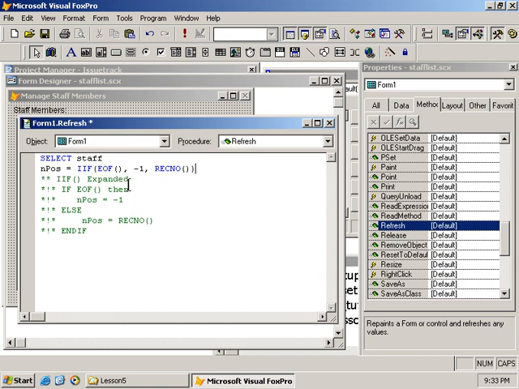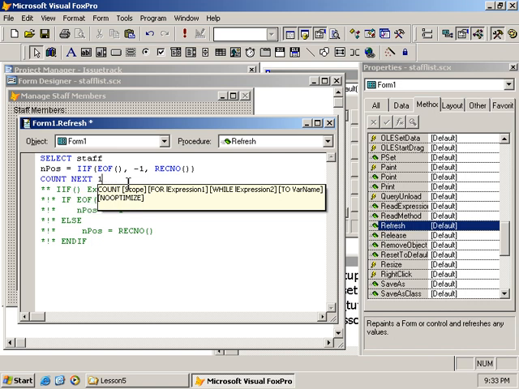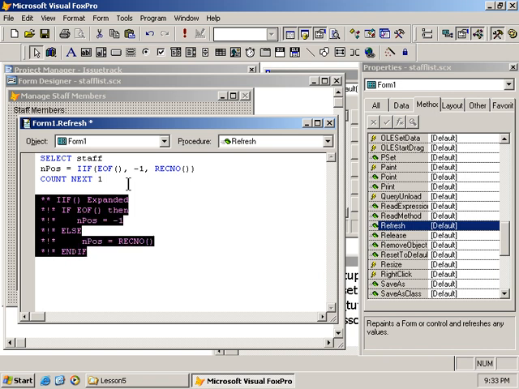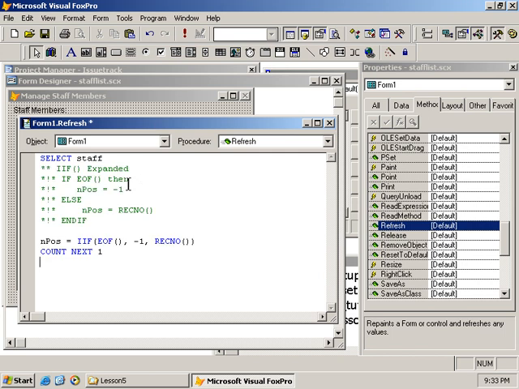So I just simply say count. And just to make this simple, I'm just going to count the next one record. Because if I have at least one record, then I'm good. If I have no records, then I need to take some action. So let's move this out of the way. There's a variable that's updated when we use the count command and some other commands as well. It's called the tally system variable. So I say if tally greater than 0, then